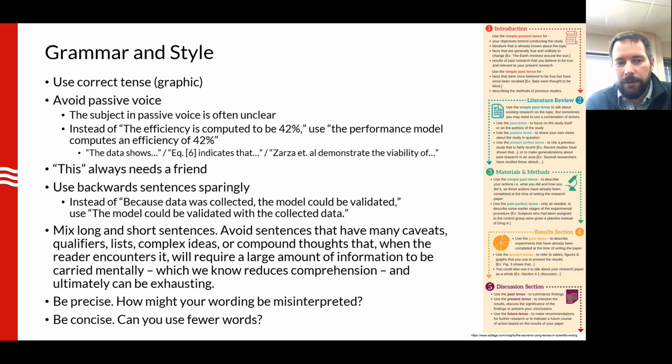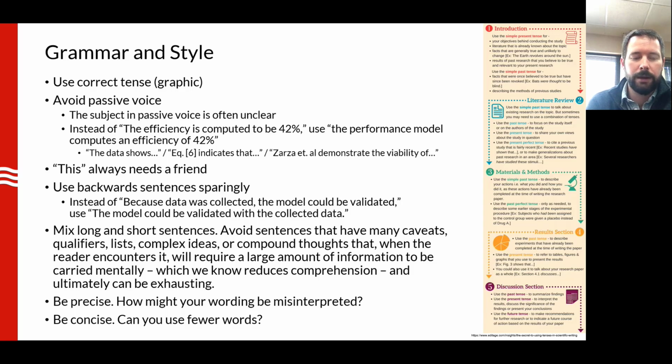People, when they're writing their first papers, tend to write sentences that are backwards. You get this repeating pattern where you say, because this was such a way, then so on, right? Like because the data was collected, the model could be validated. You could equally well just say the model could be validated with the collected data. You just flip it around so that you're not always qualifying what you're saying five different ways before you actually say it. That's just a really common thing that comes up. You can write in a relaxed way, but when you go back on your first edit, just look for sentences that you can flip around to make them more direct. It just makes it